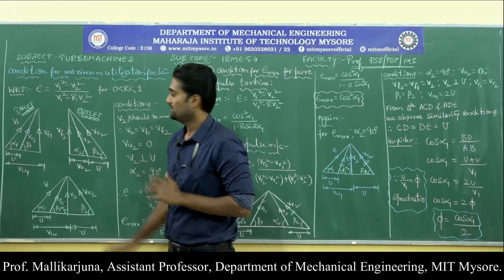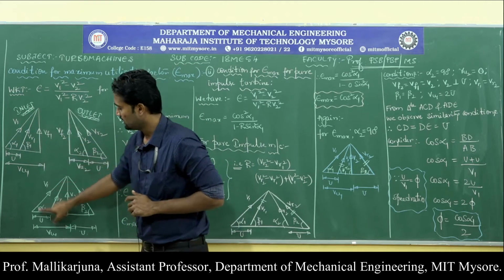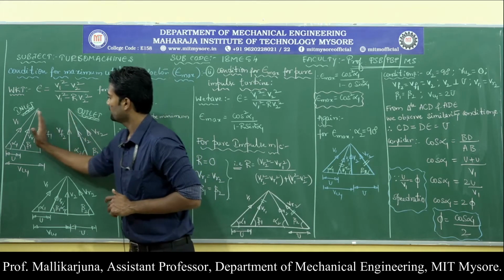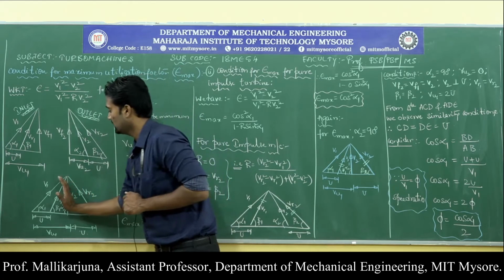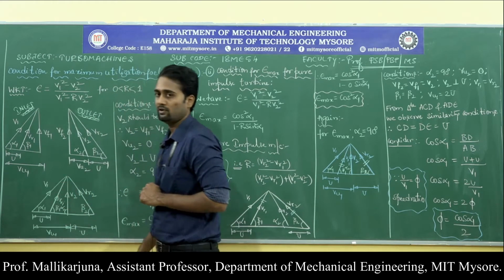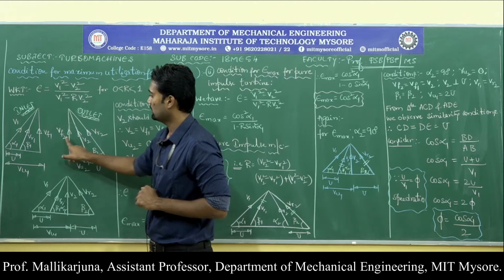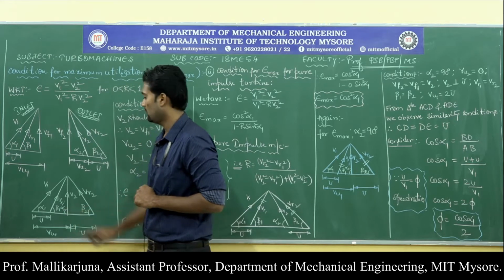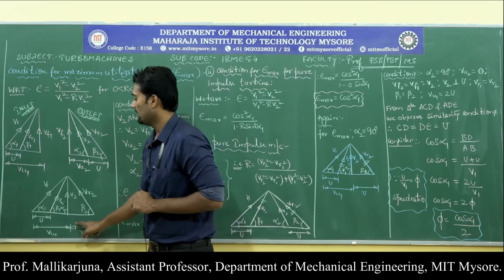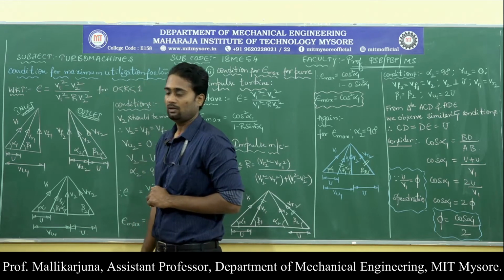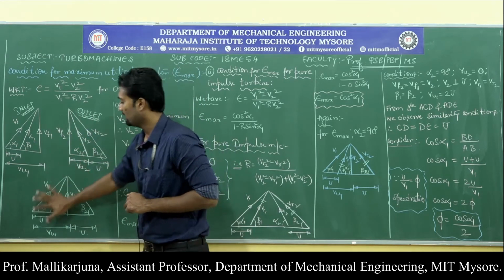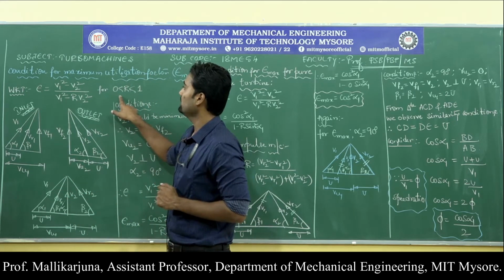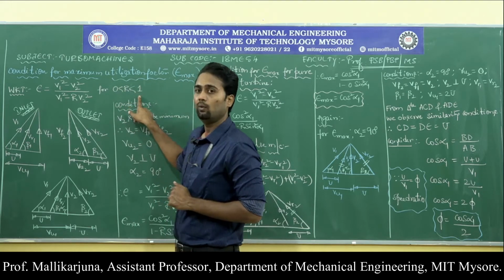I mean the inlet velocity triangle will not be altered, that has been kept as it is, and then this portion is merged with the inlet velocity triangle. So I have merged the inlet velocity triangle with the outlet velocity triangle, wherein V2 is equal to Vf2, which is equal to Vf1, and alpha 2 is 90 degrees. Along with that, the value of Vu2 is 0. So, for maximum utilization factor, this is the condition for a turbo machine which has the value of degree of reaction between 0 and 1.